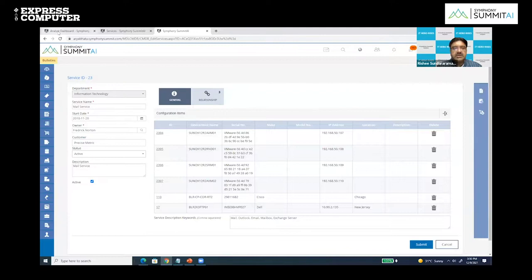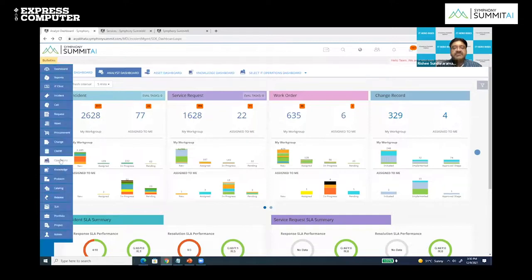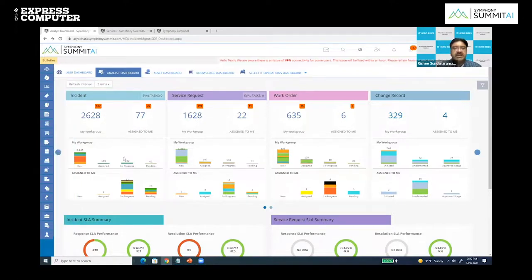So as you can see, overall, Summit provides complete ease of use, an easy to use interface, right? In terms of managing various change processes within an organization. It might be related to infrastructure, application, security, network, anything. You have ITIL best practices already onboarded and available. You just have to fill in the necessary information and go ahead with implementing this process